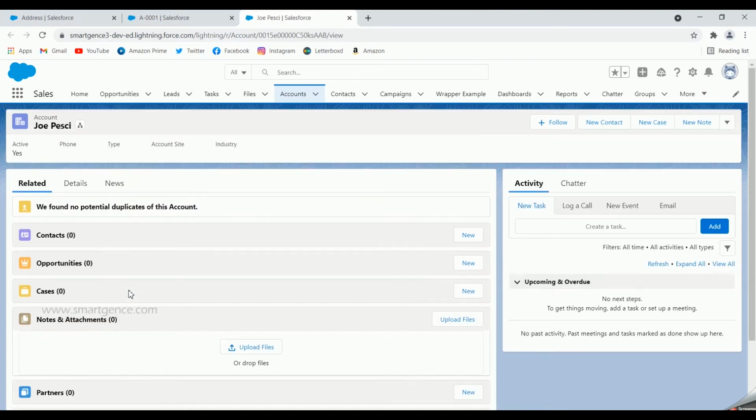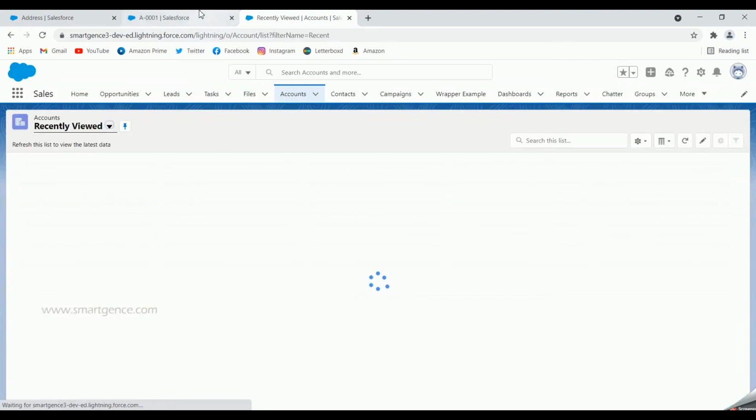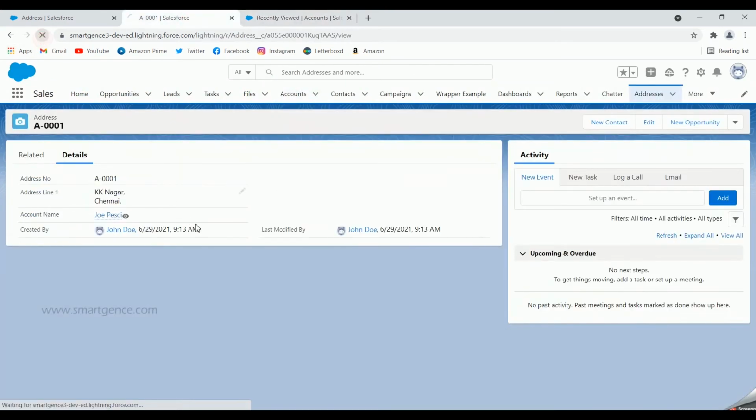And one more thing to be noted is, as we have discussed in the presentation, this would have a cascade delete option, which means if we delete an account object, the parent record, the related child record would also be deleted, correct? So let's try deleting this particular parent record. Delete. So if I try to refresh this,